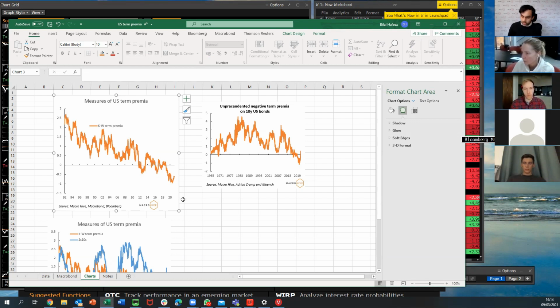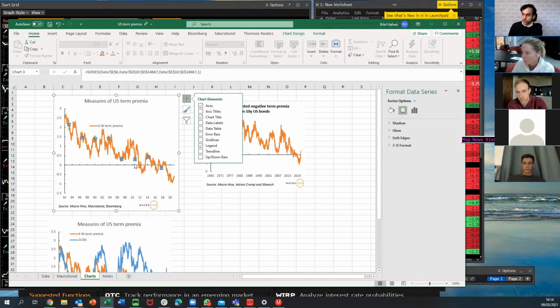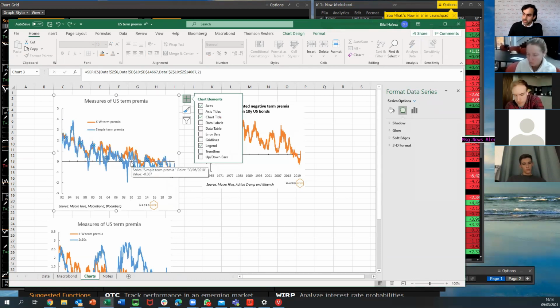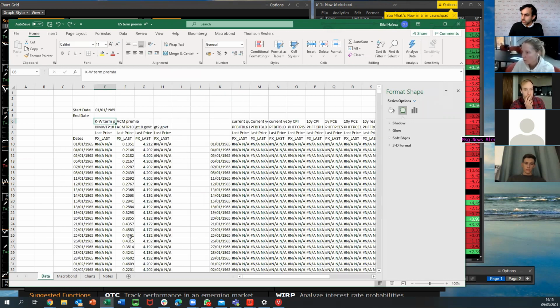And so I mentioned earlier that the KW measure uses some slightly more complicated maths to come up with this, but a simpler version is my one here, the simple term premia. In essence, what I've done is I've taken a,